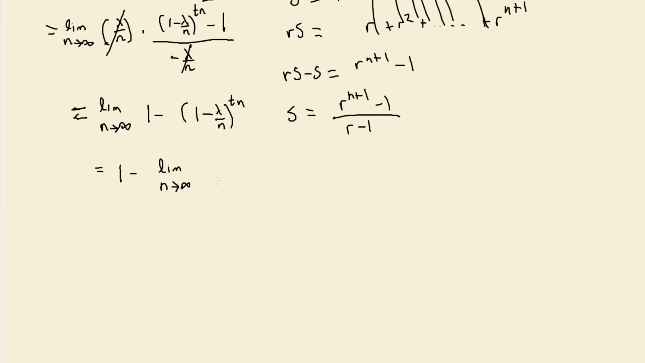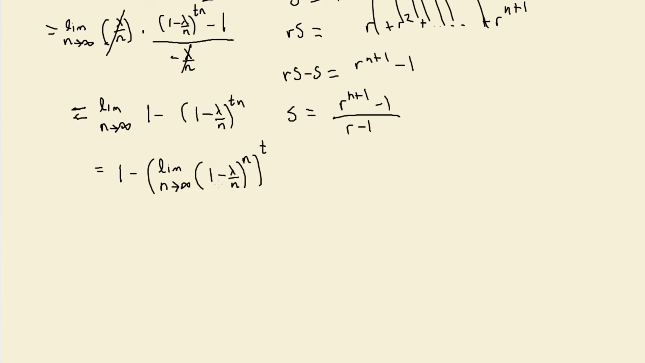This is the limit as n goes to infinity of 1 minus lambda over n to the nth power. I'm going to erase this whole thing to the tth power. And you probably need to do a little proof of this here. I'm not going to do it because this seems to make sense to me, but the idea that you can pull this limit inside of this